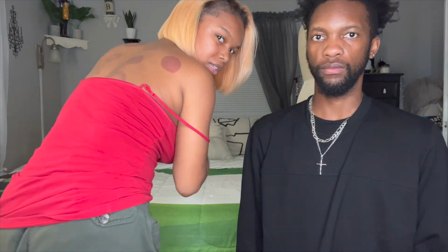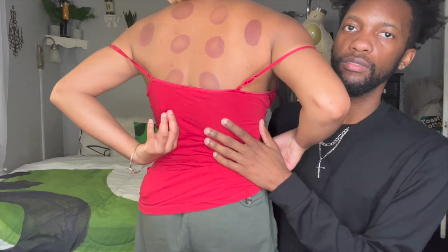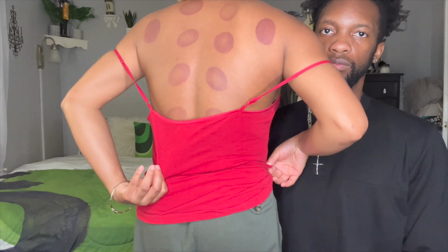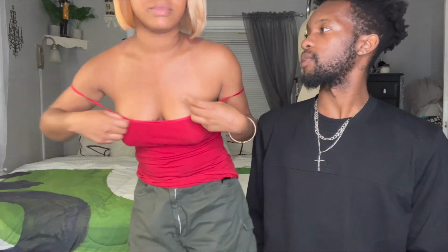Cupping marks, and the cupping marks really are just to kind of tell you how much toxins are, I guess, in you. So like the darker the mark, the more toxins. Let's see, my poor baby. They go pretty low, but yeah, babe, I'm not gonna lie, when I saw it on you, I was concerned. Yeah, it looked like either you got hit with paintball guns or